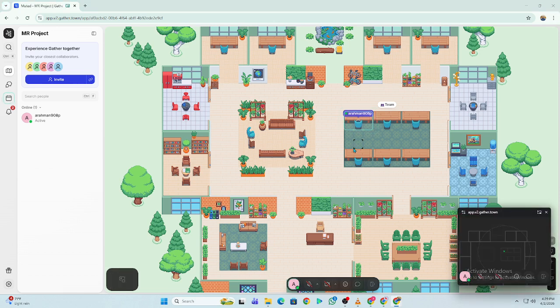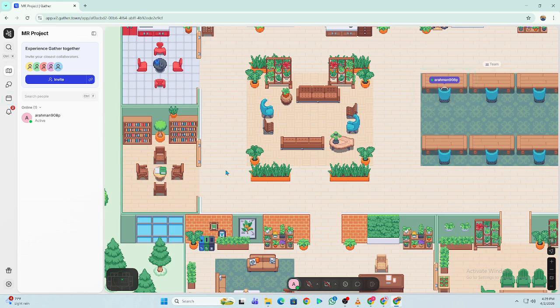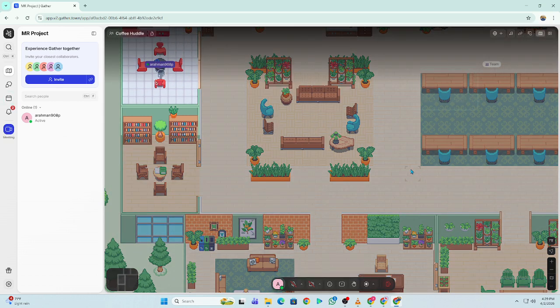Hey, so if you've never used GatherTown before and it looks a bit confusing, don't worry. It's actually super fun once you get it. In this guide, I'll show you exactly how to use it step by step. All right, quickly, GatherTown is basically a virtual space where you move around as an avatar and talk to people